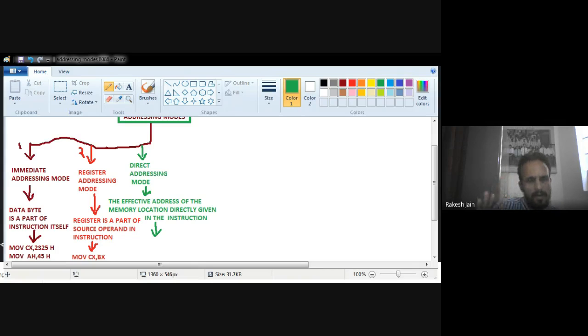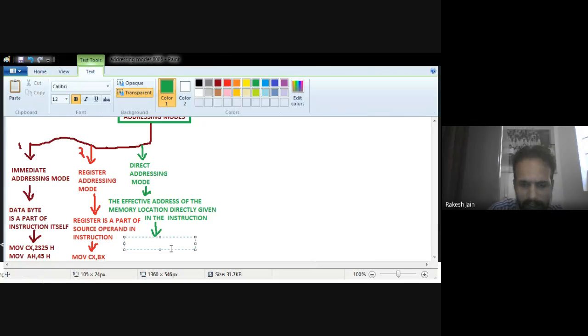Now I want to send that to the accumulator. So how can I write that? MOV AX, and I have to write the address in large brackets. Here 1345 is the memory location, because we write in hexadecimal, that's why I write H.